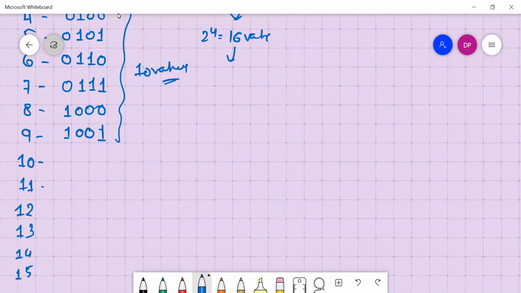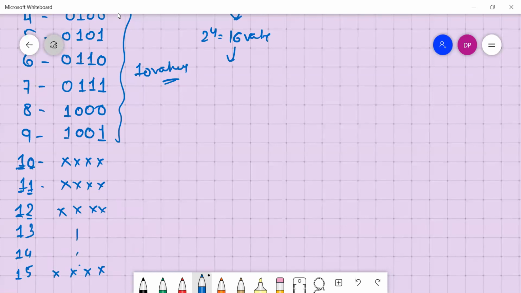We require 8 bits, 4 for the 1 and 4 for the other digit. Using 4 bits, it is not possible. So we put don't care conditions over here up to 15, right?